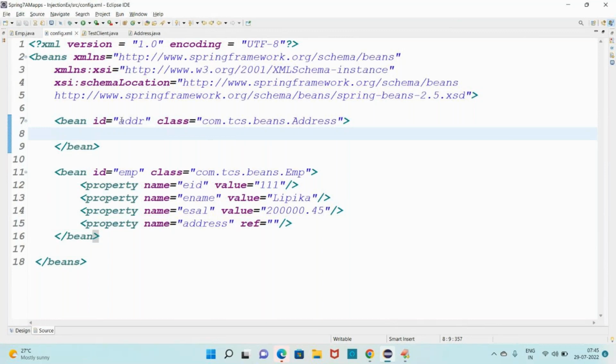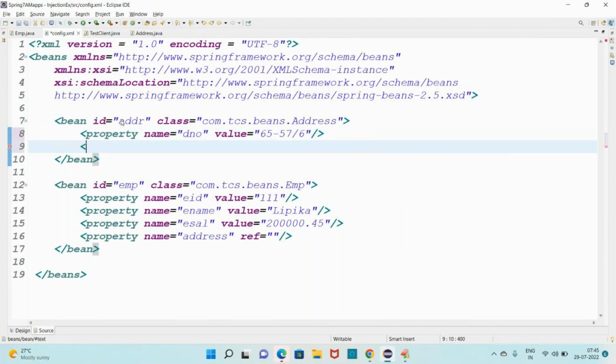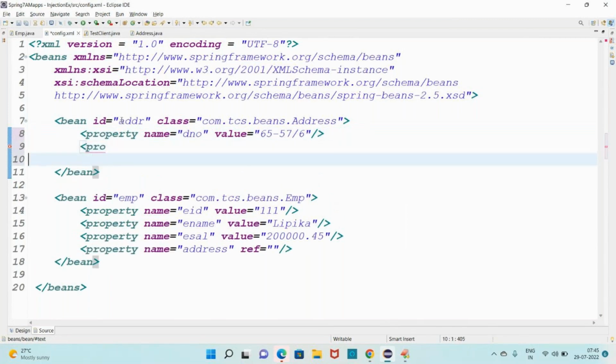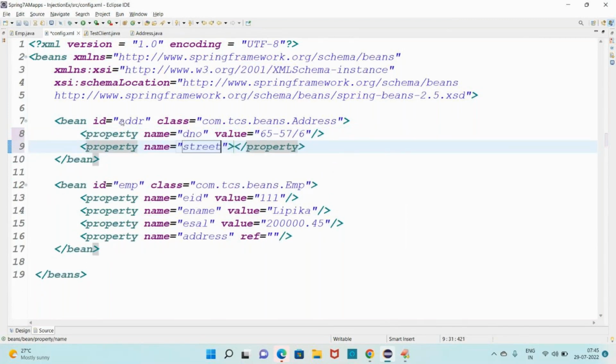Tell me, guys, how many properties need to be injected? Property name is what? Door number. Then you can give the property value, door number, something like this, right? 65-470 by 6, something like this. Next property, tell me your property name. Street name, I think. Street name value is